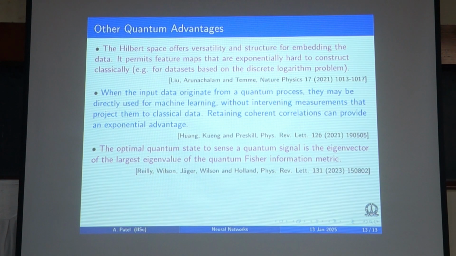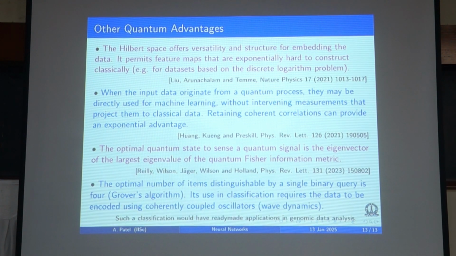And there is one more fact, which is in some sense a quantum-inspired structure, and that has to do with some unusual fact based on Grover's algorithm, that we are dealing with binary variables all the time. But Grover's algorithm actually tells you that a single binary query can distinguish 4 objects. It's a very simple scenario which can be implemented by coherently coupled oscillators. And we have not used that in any of the machine learning